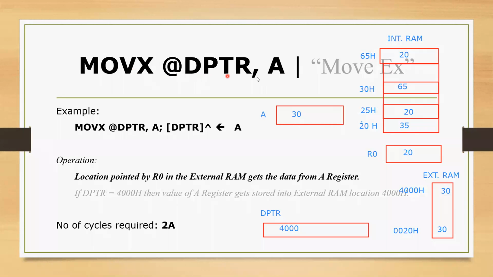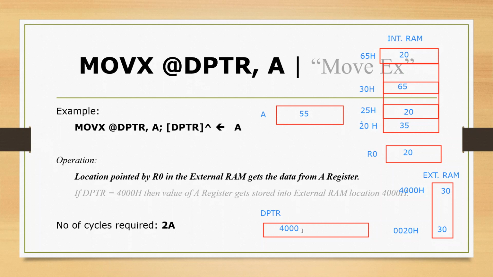MOVX @DPTR, A, that is we are storing a value to the memory. The A register is the source and the location pointed by DPTR is the destination. Here let me give another value in the A register. So MOVX @DPTR, A: A is the source and the destination is pointed by the DPTR register.